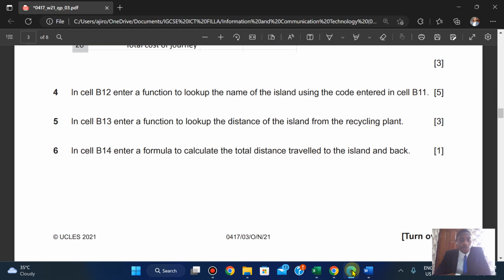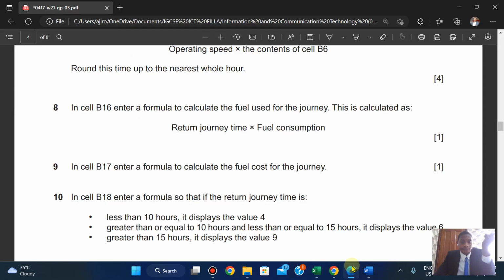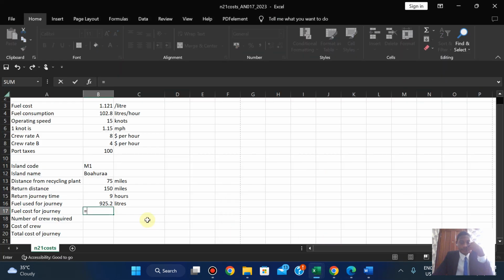Okay, so this formula is going to be equals to distance from recycling plant, okay,